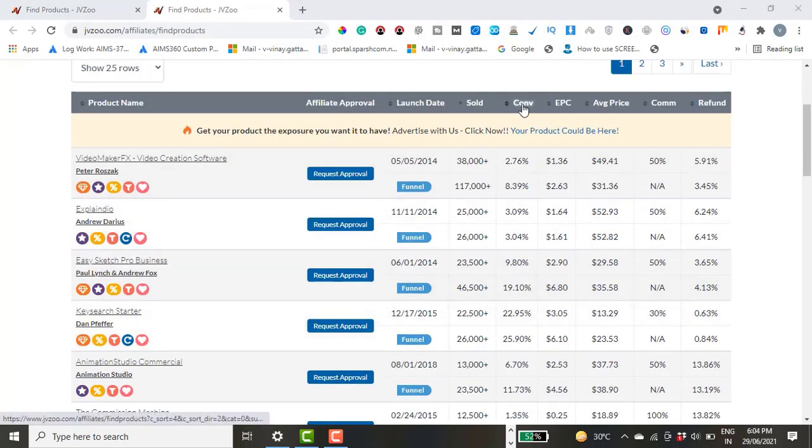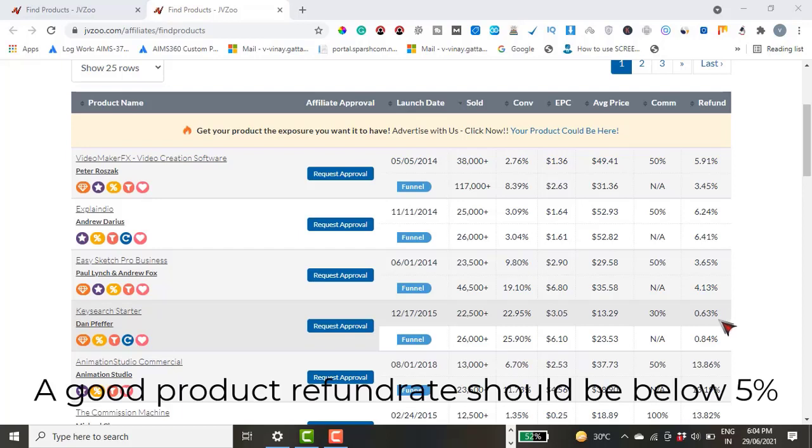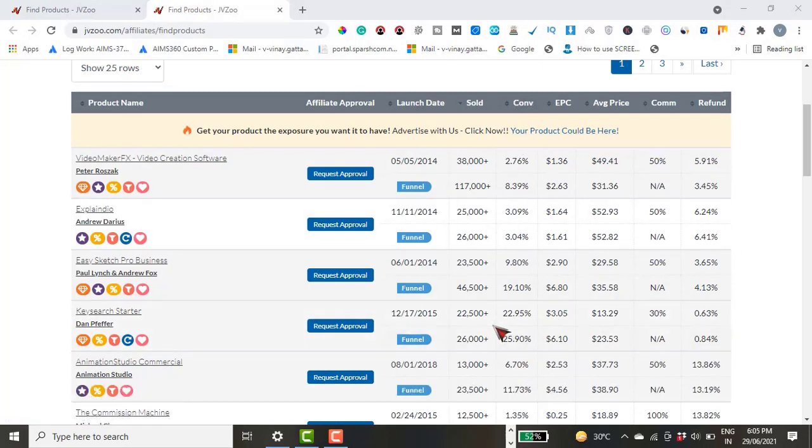Here you need to choose a product with a high conversion rate, high EPC and low refund rate. The refund rate should be a maximum of below 0.5%. A product which has a high conversion rate, high EPC and low refund rate is a good product. That should be a good offer to promote.